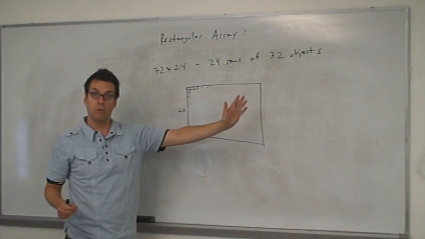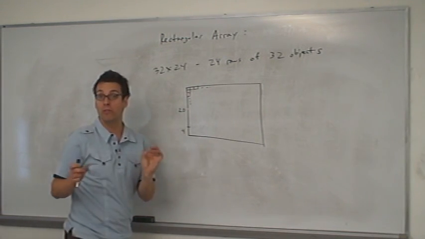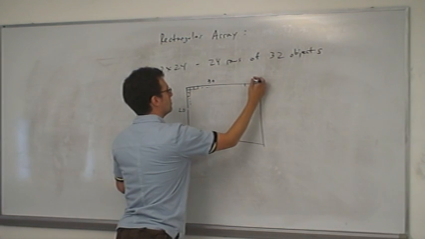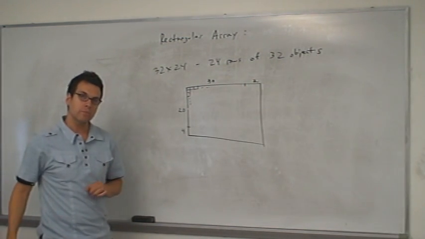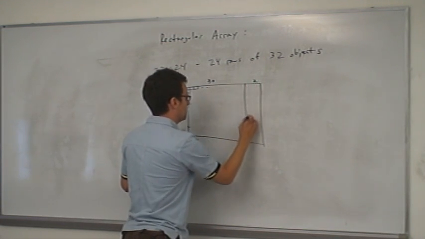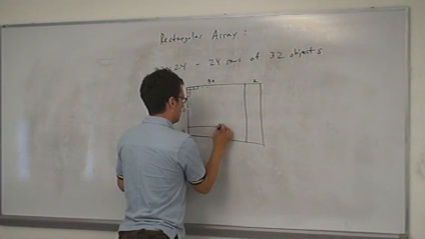And we might do the same with the number of columns. We might break up the 32 columns as 30 columns and then 2 columns. And if we do this and we do some clever subdividing, like so,